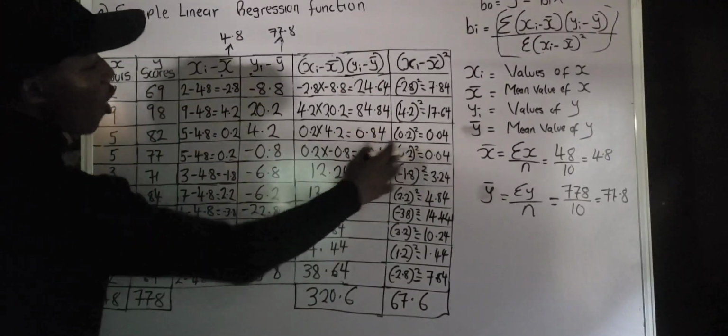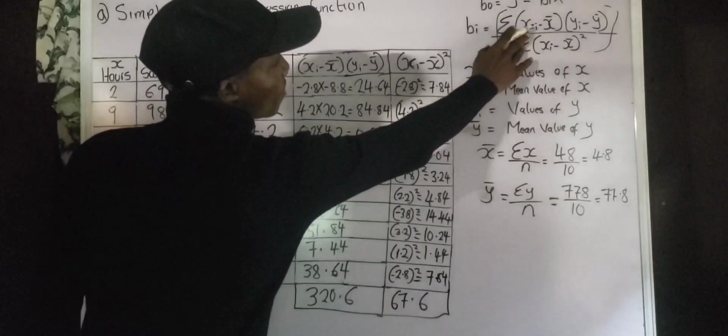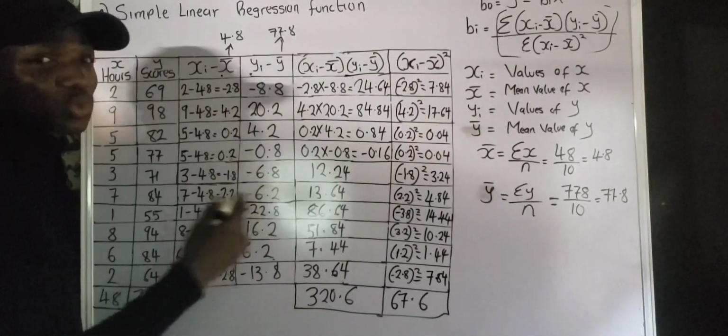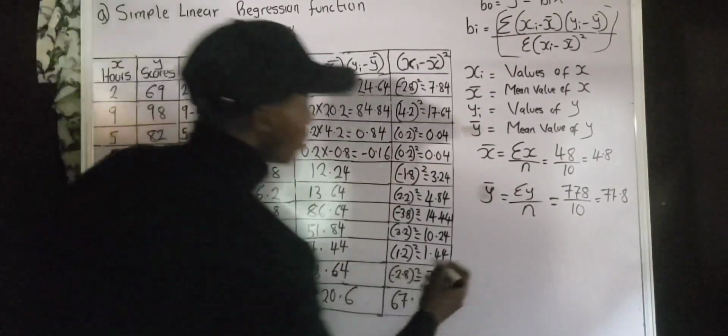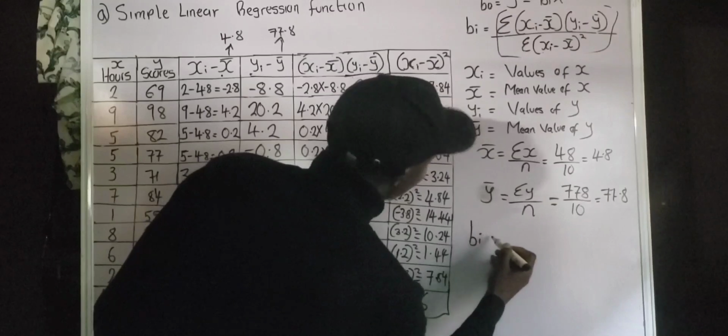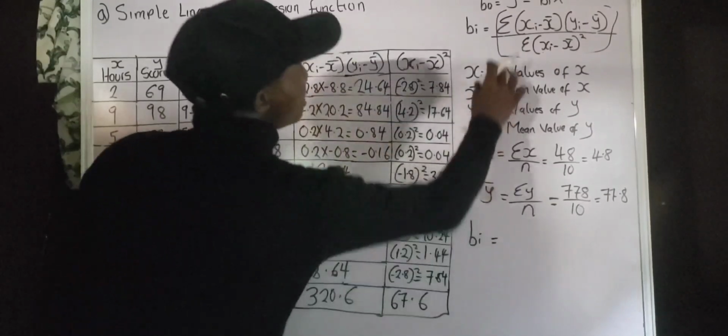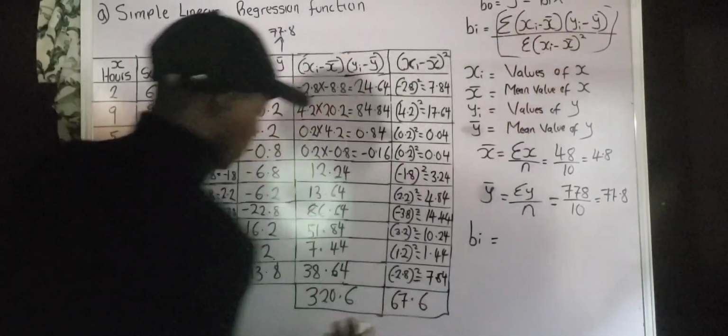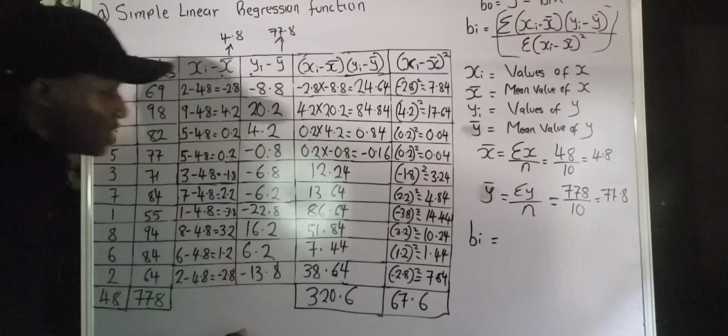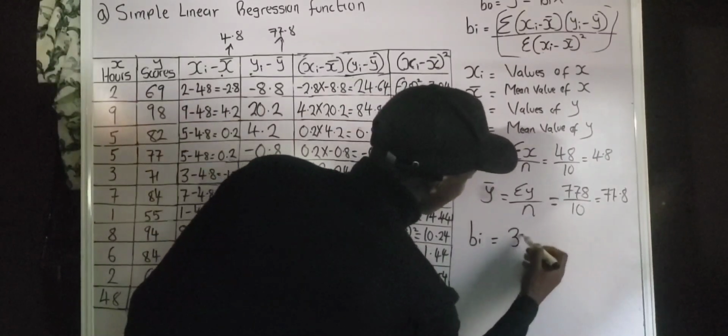Now, having gotten all the parameters that we have from this formula of slope, we can now proceed to calculate the slope. Are you getting what I'm saying? So the slope is what? The slope, which is b1, is equal to the summation of the product of this and this. Don't forget, the summation is what? 320.6. So I'm going to have